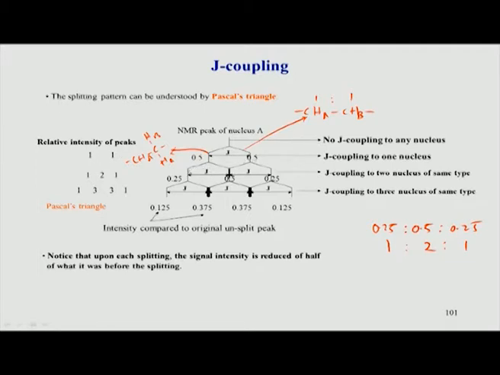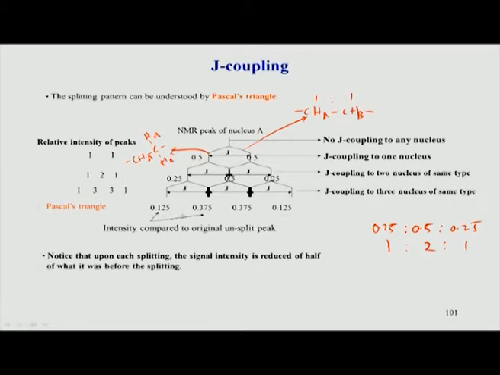You can further split the signal into two more signals in case there are two protons to which this hydrogen is coupled. So, you get further 3 peaks, but remember the center peaks from here and here combine. Therefore, instead of 4 different peaks we actually get 3 peaks, because the center peaks of the two splittings combine. So, you get 0.25, 0.5, 0.25, which is 1:2:1. In this manner you can continue further and see what happens if there are 3 hydrogens coupled, or 4, or 5, or 6, and calculate the different splitting patterns, which will give you the different relative ratios.